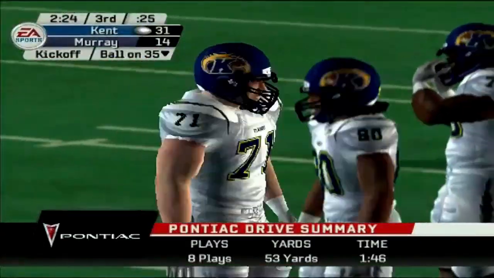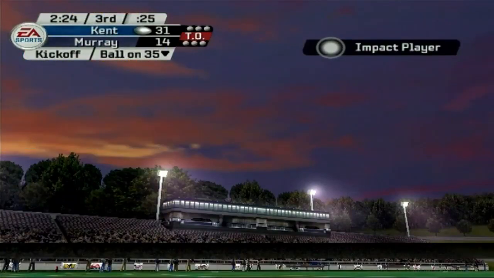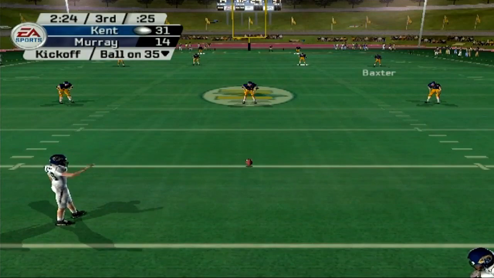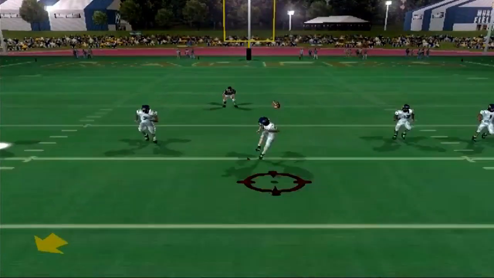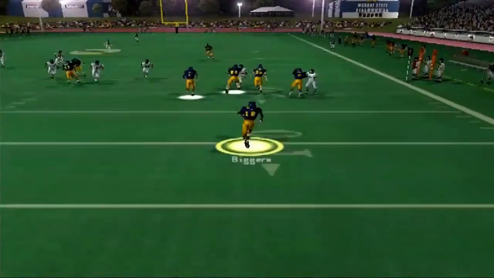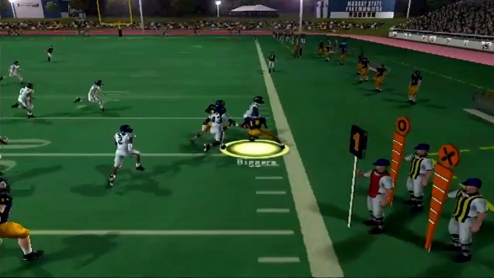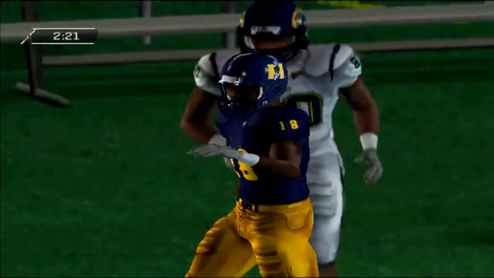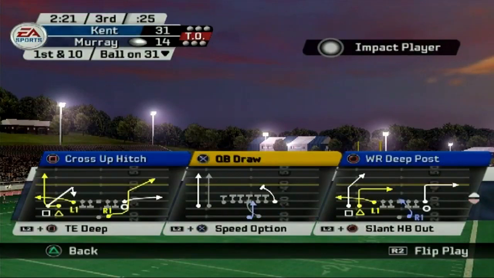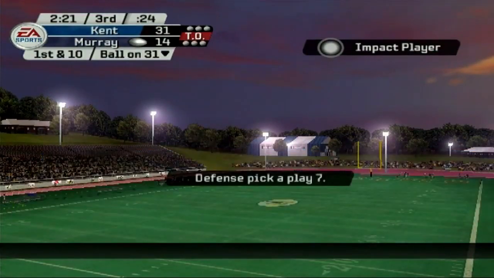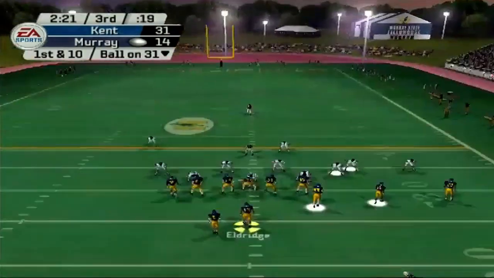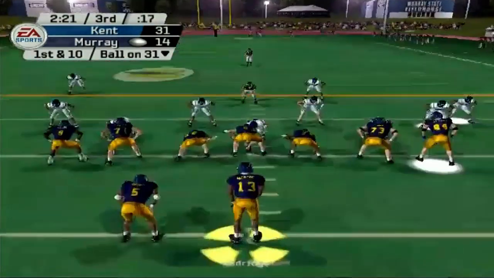Offensively, I can't keep up with it. I want to run clock, but now I can't. I'm too far behind. And I stepped out of bounds. Of course I did. We're going to try P read. I'm going to flip it. We're going man. I'm going to try this if possible. I'm going to have him do that just in case. I'd rather have him do that than